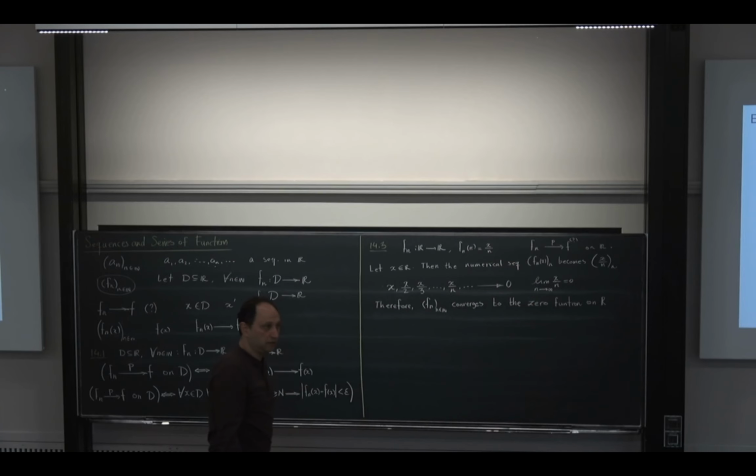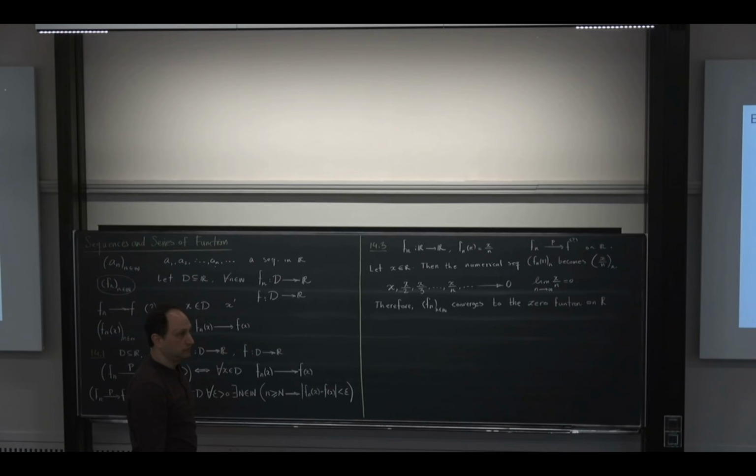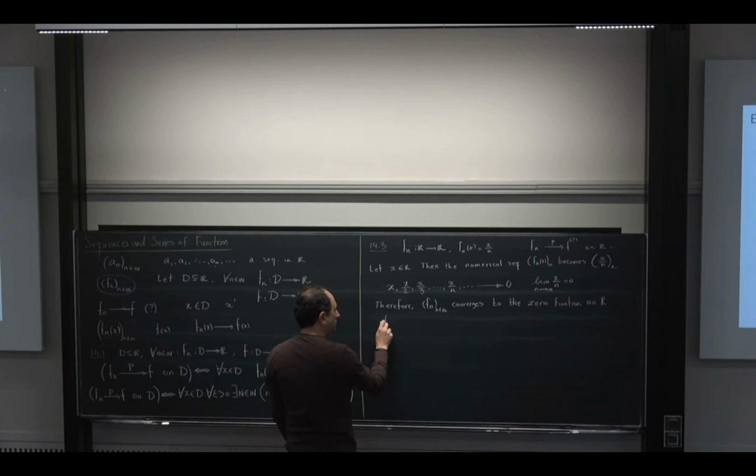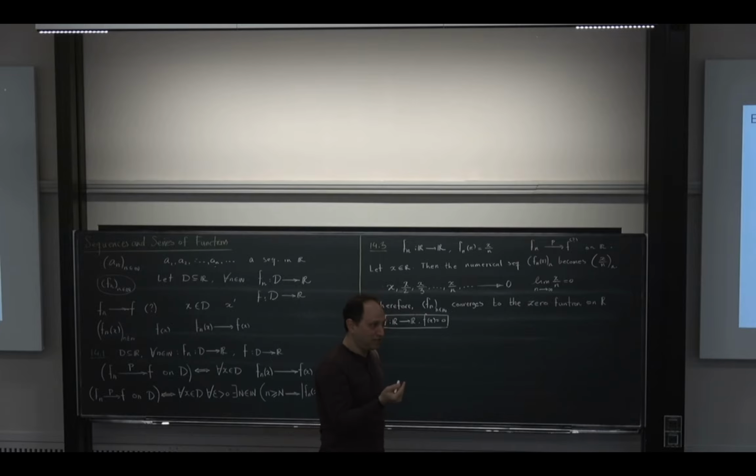Okay, so is that clear? You could also say f of x equals 0. Yes, you can say that, therefore it converges to this function. But you have to write the domain as well. Yeah, of course. That's also good. The point is that, understand that the limit is not a number, the limit is a function. Is that clear?